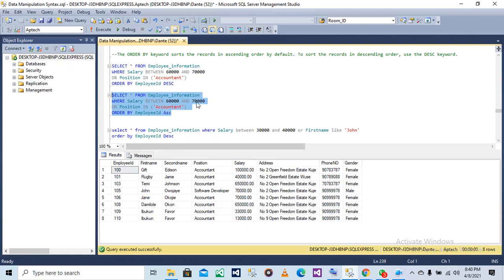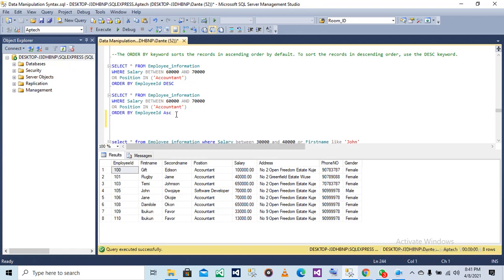But where will ascending order be useful is when you're not trying to use the ID. Most of the time this ID starts from 1, 2, 3, 4. It increases accordingly. It has an increment. But if I use salary now, you know, salary varies. It's not as if salary counts from the smallest to the biggest. The employee with ID 100, I think he has the biggest salary.